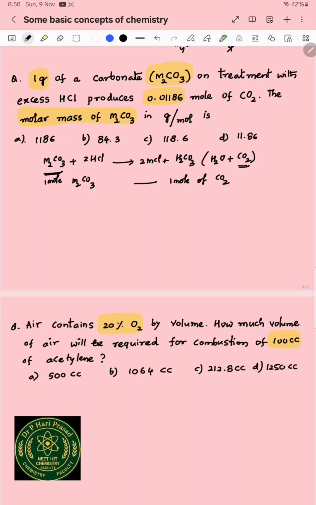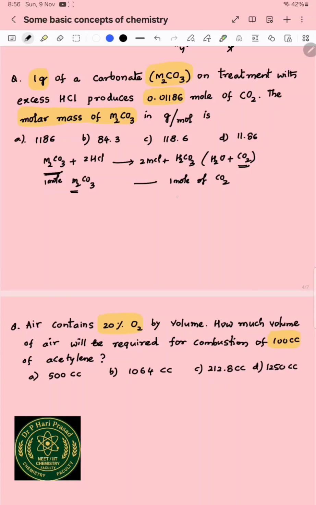We don't have any idea about the molar mass of M, but we will use the 1 mole of CO2 concept and then we will get the answer. Now 1 mole of CO2 is equal to 1 mole of M2CO3. The given question is that 1 gram of M2CO3 on treatment with excess of HCl will produce